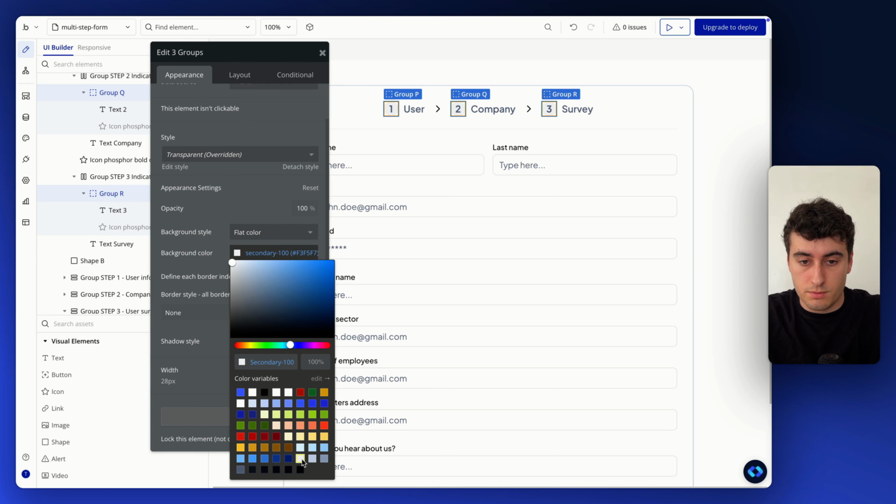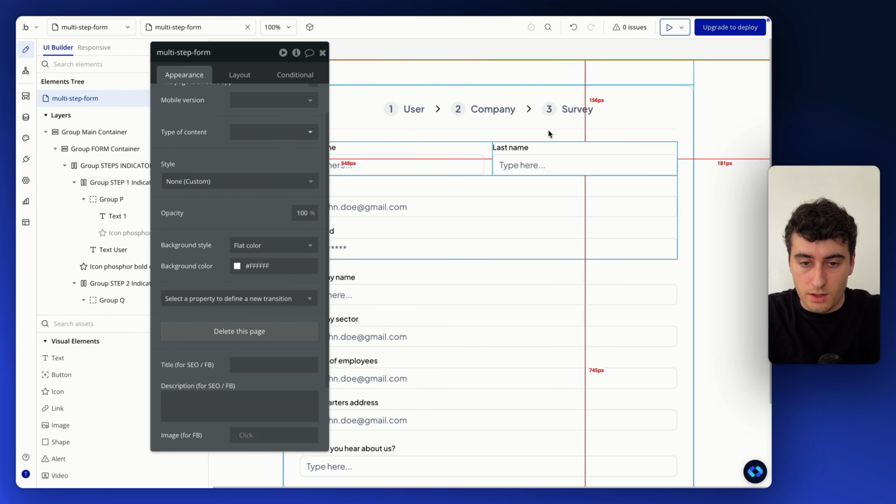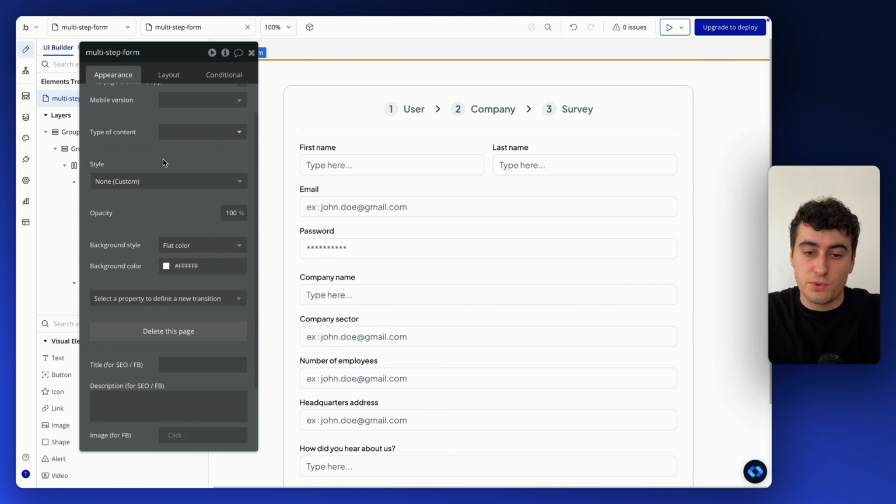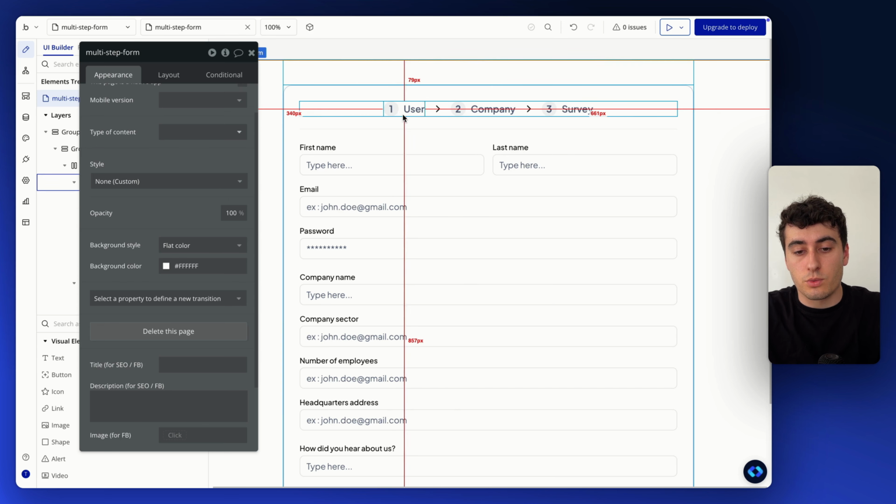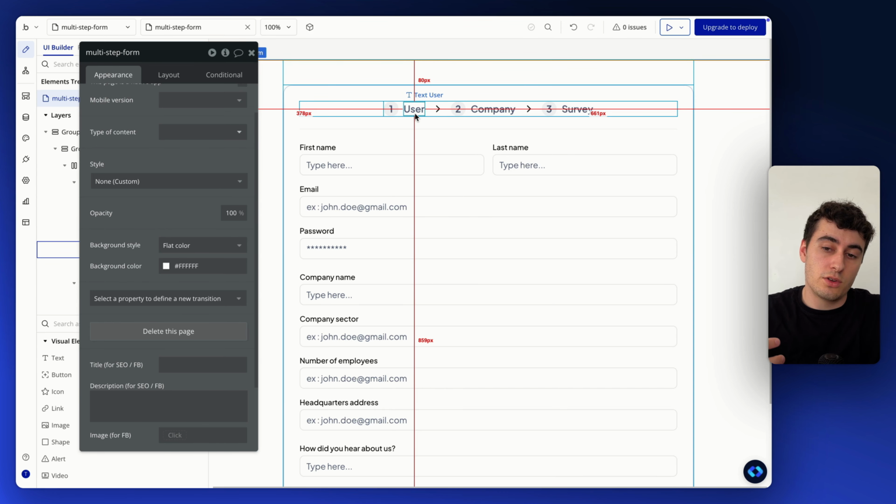Maybe this one? Yeah, that will do. All right. So this is the default state of our steps. Now we want to modify them depending on if they are on the current step or lower